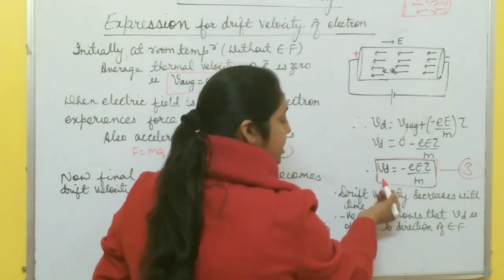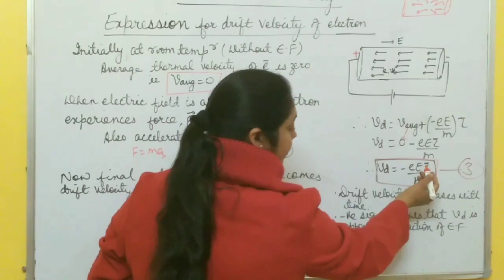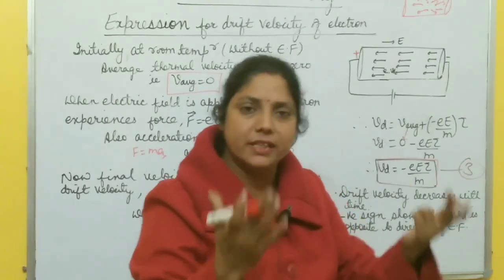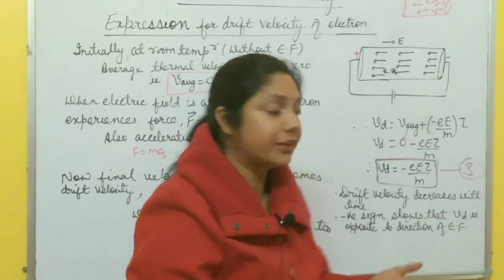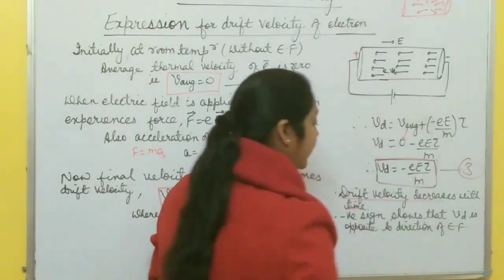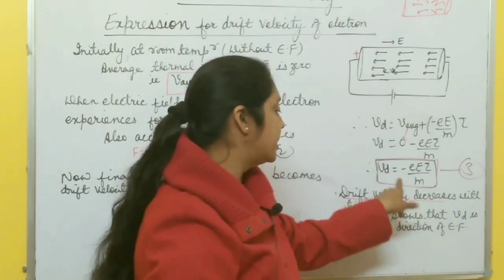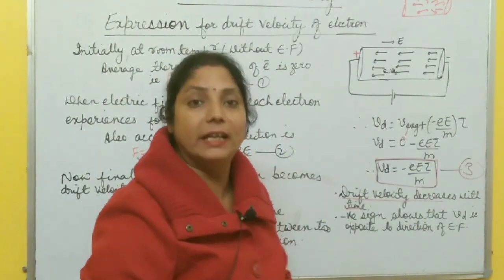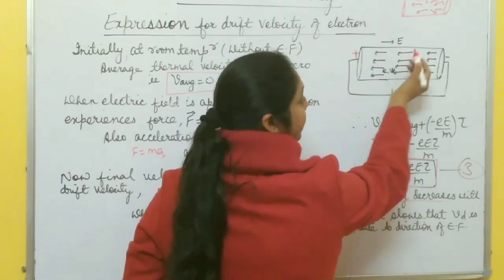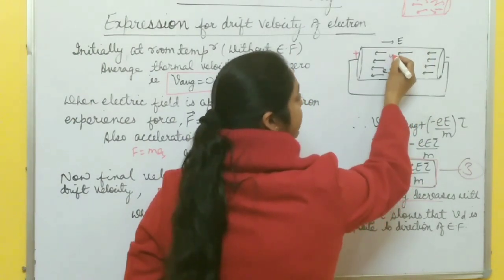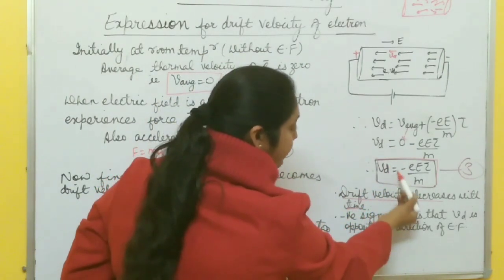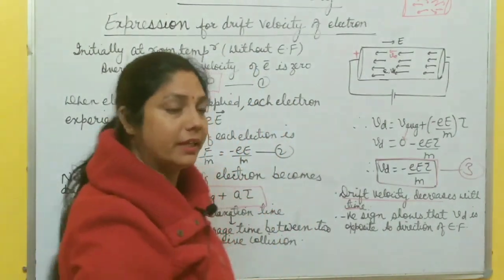And this drift velocity decreases with time. Right now, this is relaxation time, but a negative sign is there. It means as the time increases, collisions increase, and this resists the motion of electrons and their velocity decreases. So drift velocity decreases with time. Also, the negative sign shows that the direction of drift velocity is always opposite to the direction of electric field. Electric field is always from positive to negative, so this is the direction of electric field and electrons are moving in this direction. So drift velocity is also in this direction. So this negative sign shows that the direction of drift velocity is always opposite to the direction of electric field.